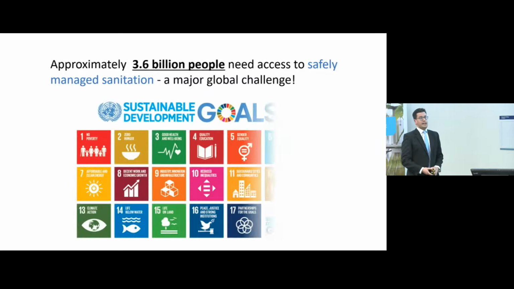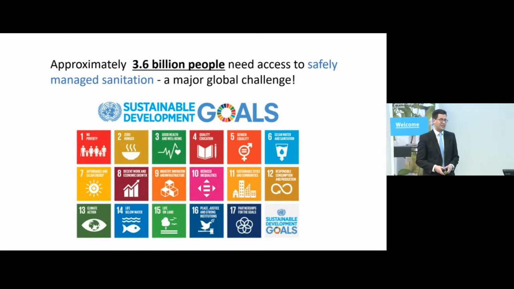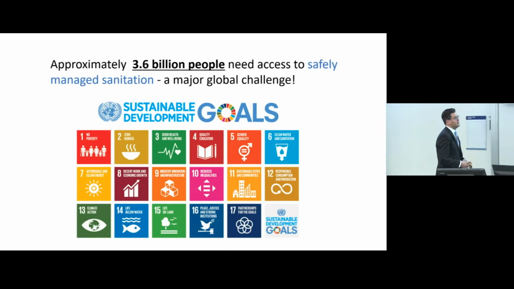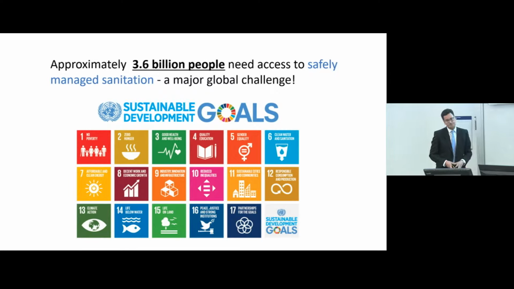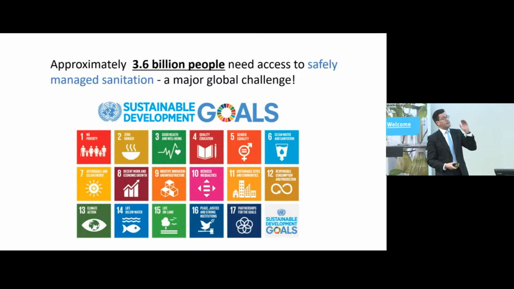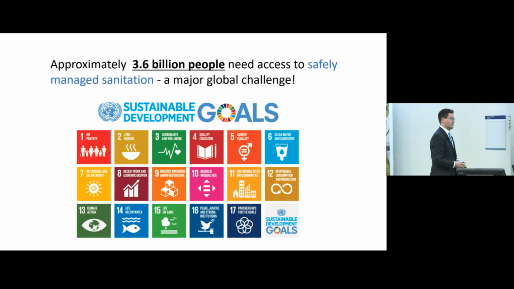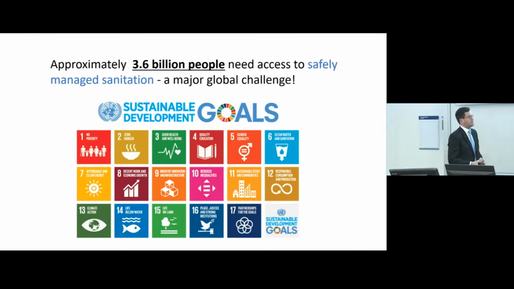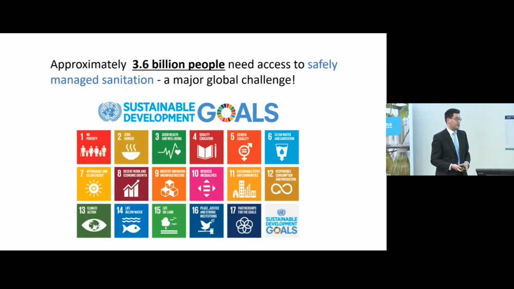And so we had the Millennium Development Goals in the year 2000, which we didn't achieve by 2015 for access to water and sanitation. And then in 2015, we set the Sustainable Development Goals. And the UN really raised the bar when they set them, because they now said we're going for universal access to sanitation. So we want everybody in the world to have access to safely managed sanitation. And the progress has been very slow, and we're actually quite far behind where we need to be to reach that by 2030, which is the deadline of the Sustainable Development Goals.